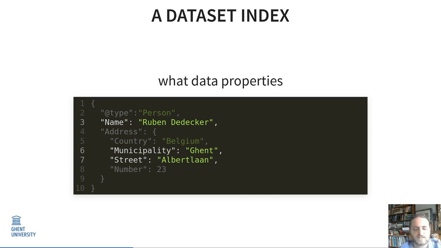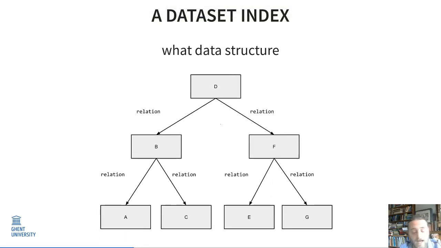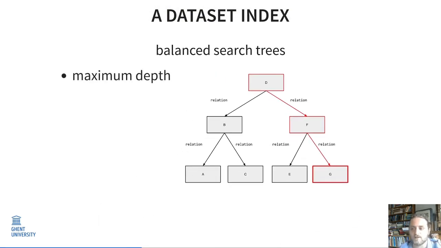So the first decision is what properties do we want to index, and do we want to provide prefix search functionality to the clients. So what work do we want to do? And another question is what data structure do we want to use to index these properties? We've chosen balanced search trees and more specifically B-trees as the main data structure to